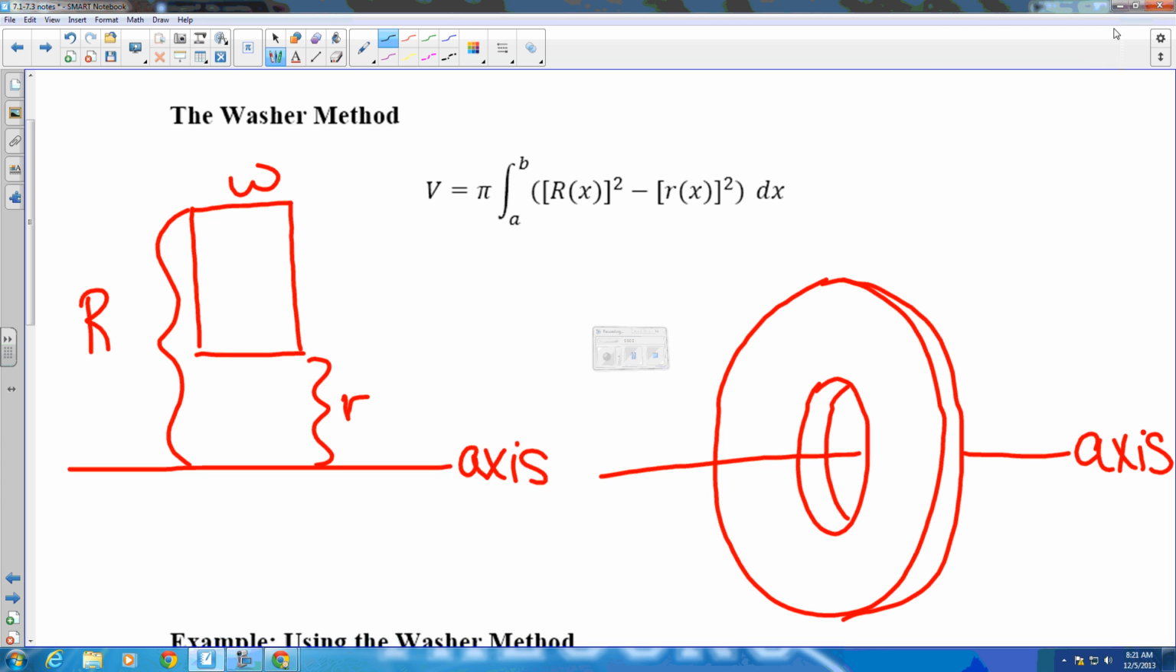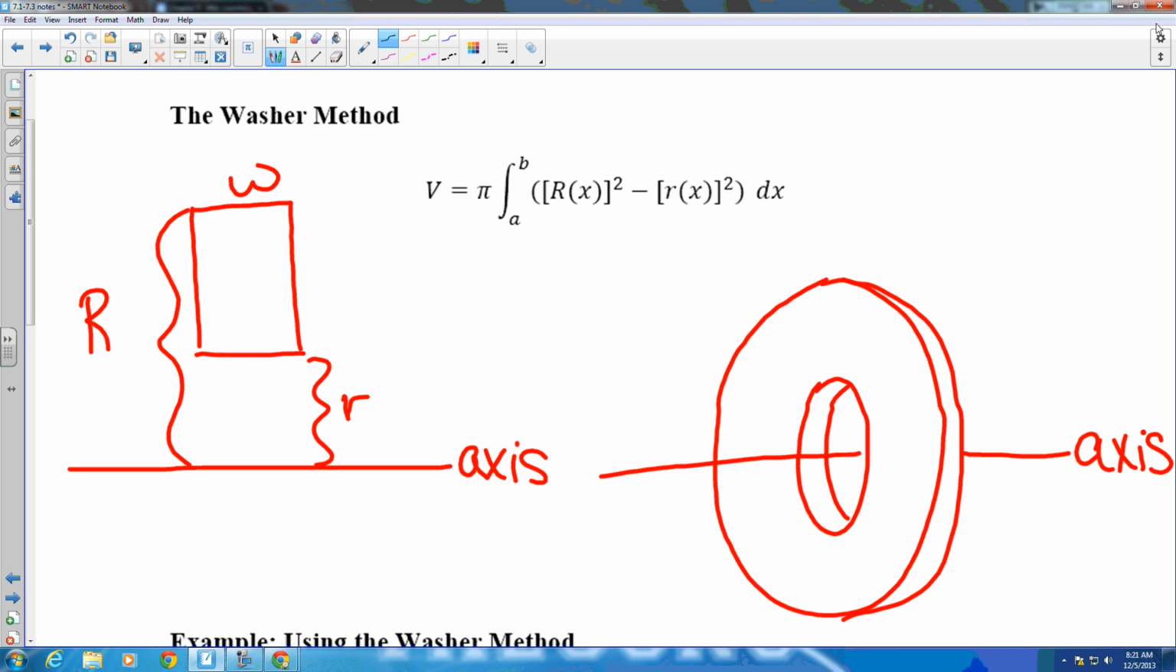Okay, this is a continuation of lesson 7.2. This is about the washer method. So we had the disk method already, which was having the volume of a shape that's a function being revolved around an axis with no holes in the middle. Now the difference between that and the washer is that with the washer there's always going to be a space